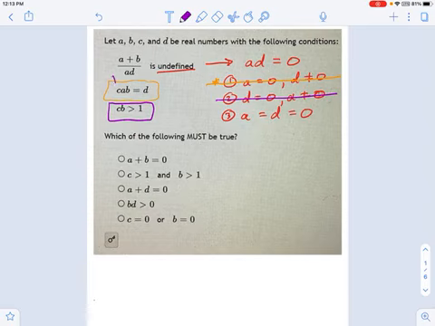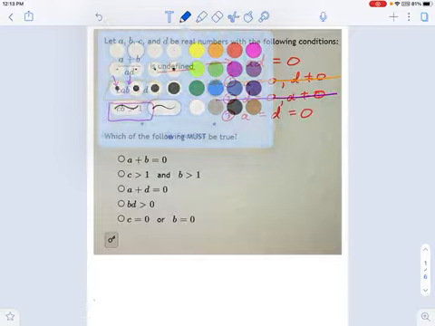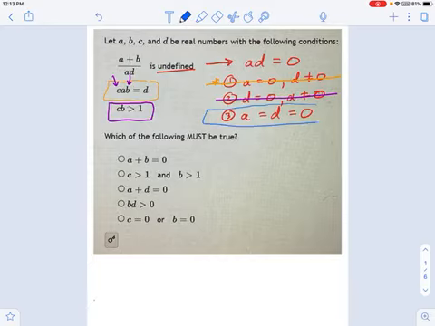If C and B were not 0, that means if D is 0, A must be 0. Okay, so that's how we kind of logic our way through this to get to this third statement. A equals D equals 0. That's what these three clues are all about telling us. So let's see which of the following statements must be true.